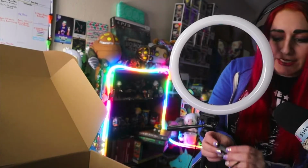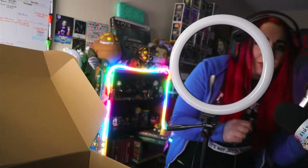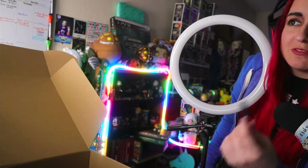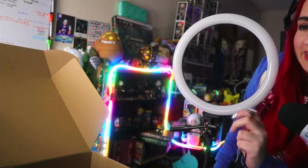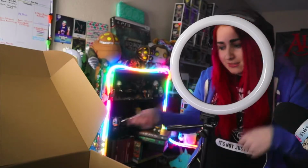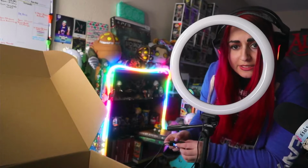It does look like it comes with dimmable brightness levels, and the power button is here. And it's got a pretty long cable. You know what? This actually plugs in via USB. My other ring lights are power or wireless. So this is actually really handy because you can just plug it into your computer or into like a phone charger device to the wall. There you go. All right, I just plugged it into my computer and it does look like the light is